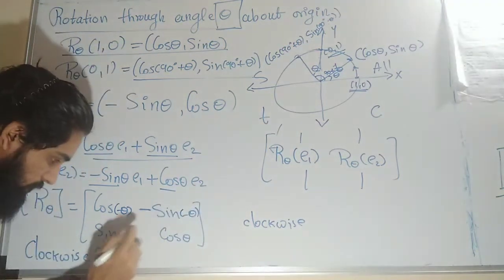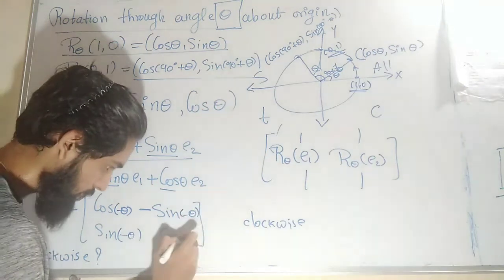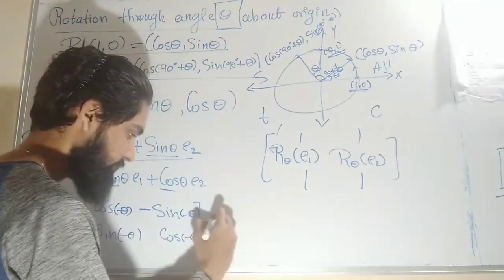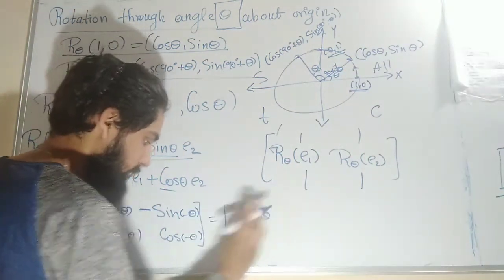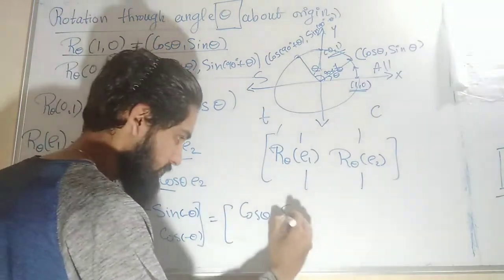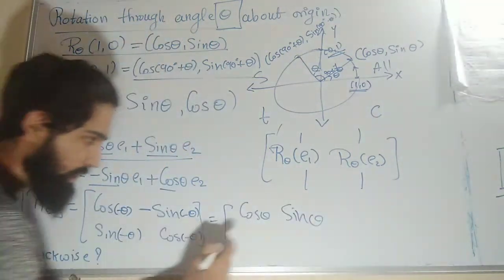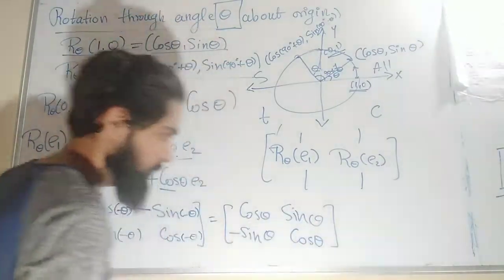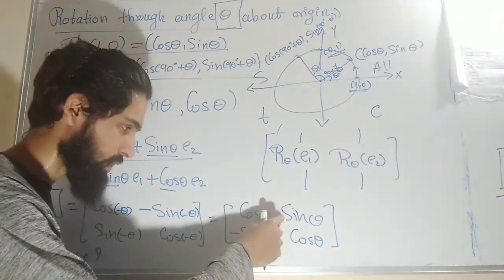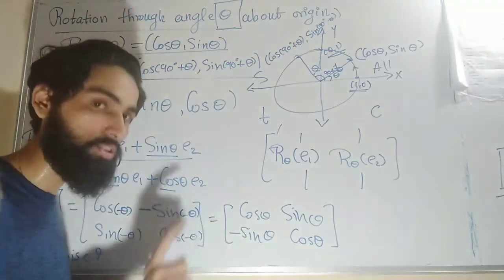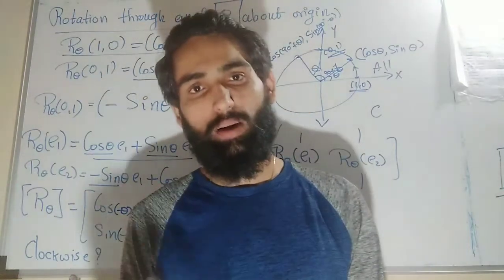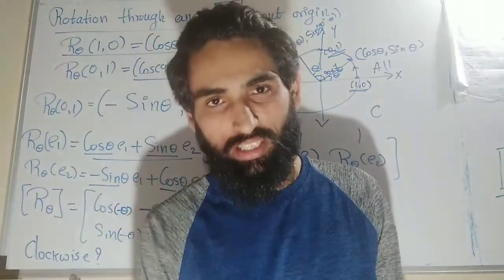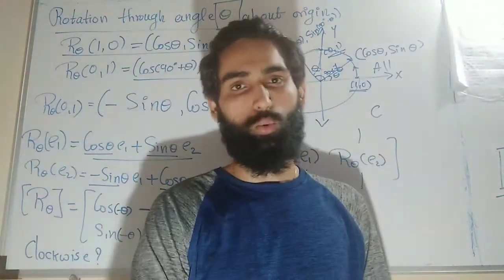Minus of theta. This becomes minus of theta. This becomes minus of theta. We know that cos will absorb that minus sign inside it, and what we get is cos theta. This minus will come outside, make it plus, so it is sin theta. This minus will come outside, it becomes minus sin theta. This will absorb it, so it is cos theta only. So you will observe, whenever we had this minus sign over here, it was anti-clockwise. Whenever you have the minus sign over here, it is a clockwise direction. So this is nothing but the matrix representation of rotation through an angle theta about the origin in an R2 plane, clockwise and anti-clockwise direction. Okay.